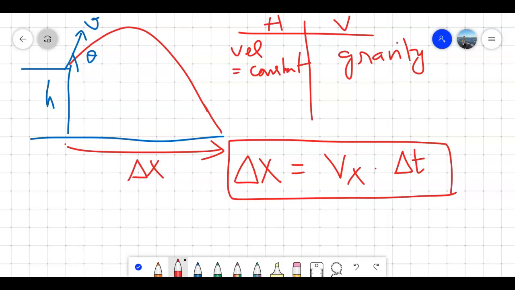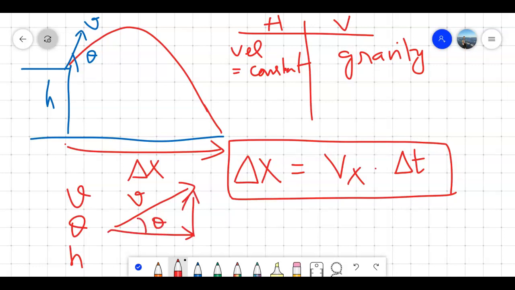So if you think of each variable, velocity, angle, and height, and how this influences this equation, we can understand how these change or affect the horizontal displacement. For example, if you take speed, remember we have to divide speed, or velocity, into two components in order to understand how the projectile motion works. So you can divide this into two components, Vx and Vy. So if you increase the velocity, Vx will go up,